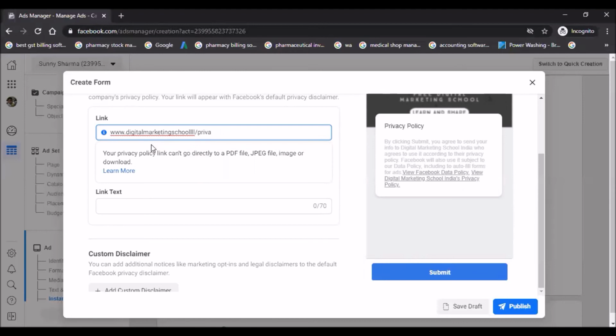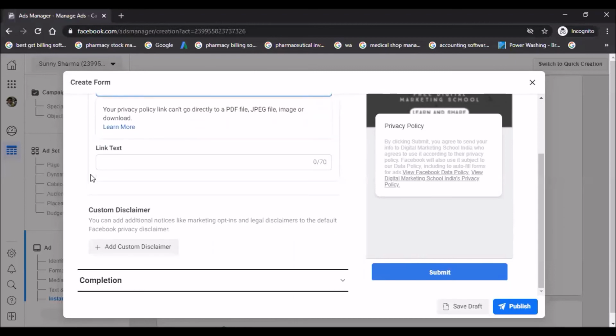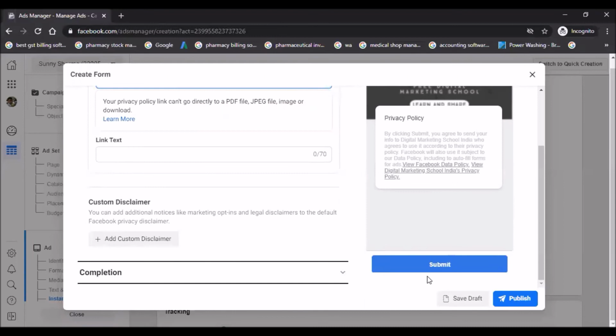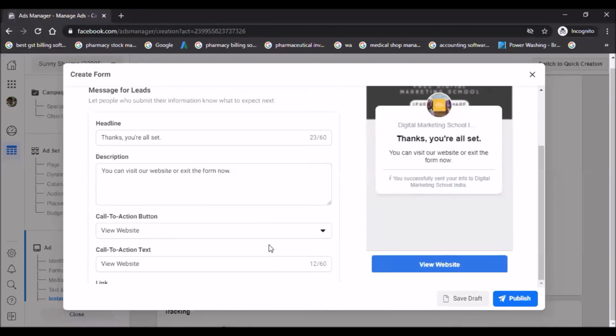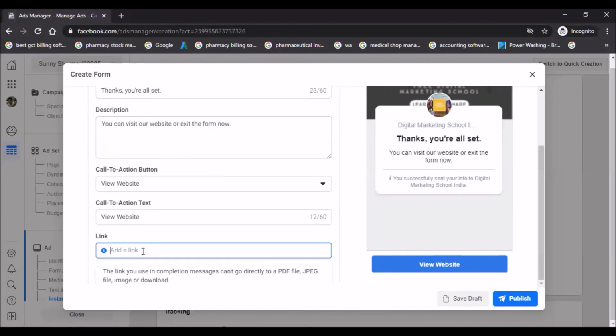If you want to give any link text then you can give. Right now I don't want to give. It's a completion page. Once your audience submits the form, they will see the thanks, you are all set, right? And call to action button, call to action text, link, like this.